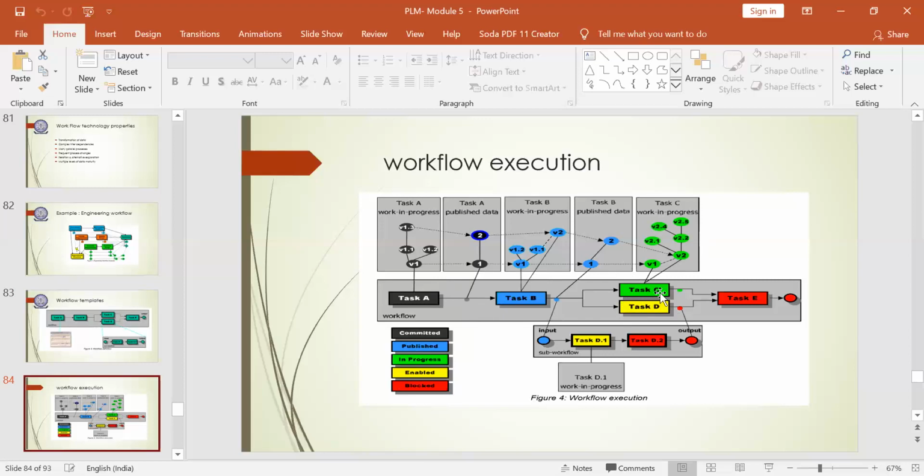So task C is working here, but you can see task C and task D are working in parallel. So now we have to see, it is coded with yellow. So what does it tell us? Yes, along with task C, task D is also enabled. So it is working in parallel with task C because product data technology is keen on operating more parallel sessions.